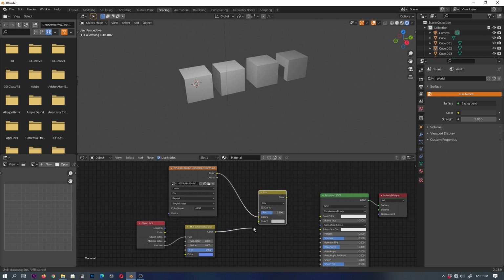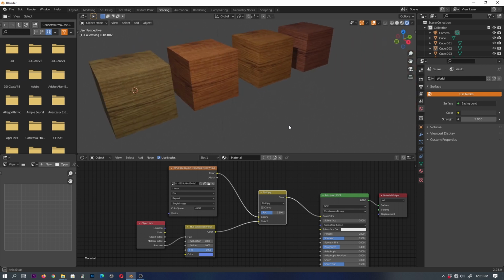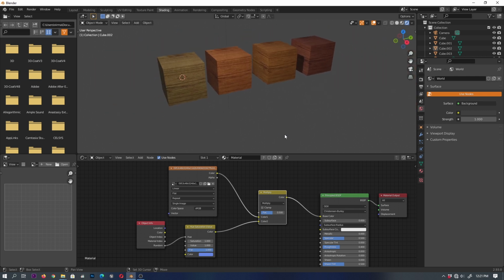You can change the hue value to have very similar colors. Also you can change the mode to multiply. You can add a curve and change the color as you like. So now you can create random color